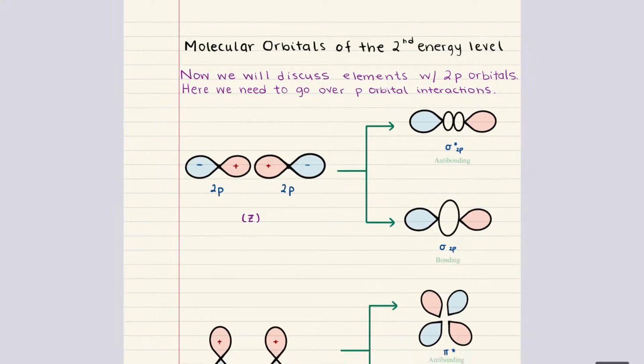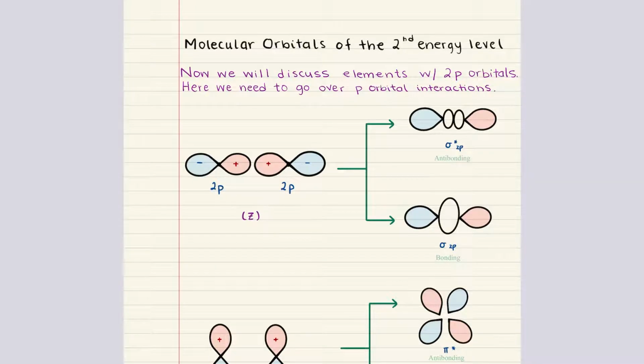introduce the 2p orbitals, which play a major role in bonding for elements in period 2, specifically boron, carbon, nitrogen, oxygen, fluorine, and neon. Unlike s orbitals, which are spherically symmetric, p orbitals have directional shape, meaning the way they interact depends on how they align in space. Because of this, we have to consider 3 different 2p orbitals: 2px, 2py, and 2pz, which are aligned on the x, y, and z axis respectively, and they can combine in different ways to form molecular